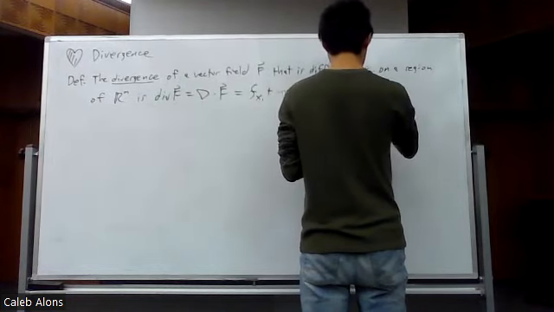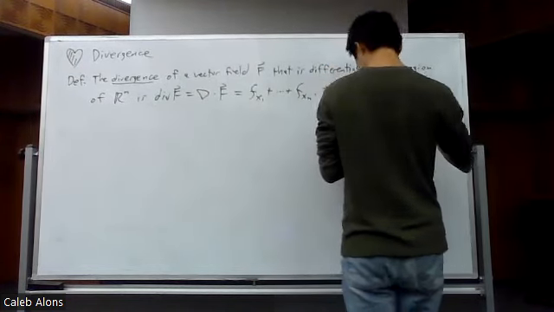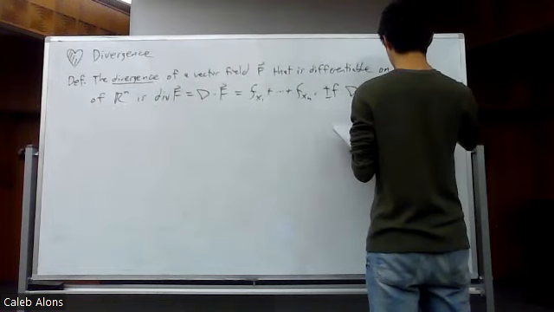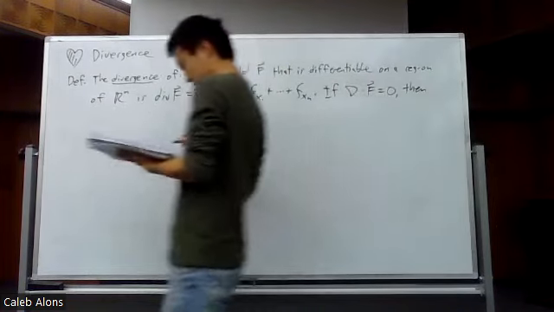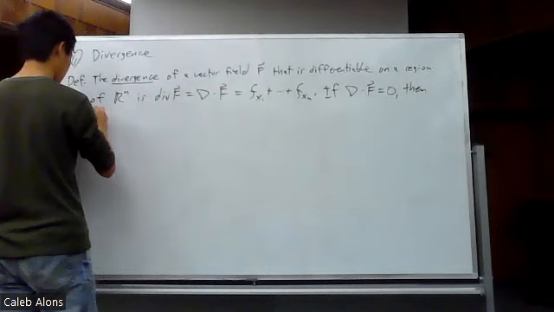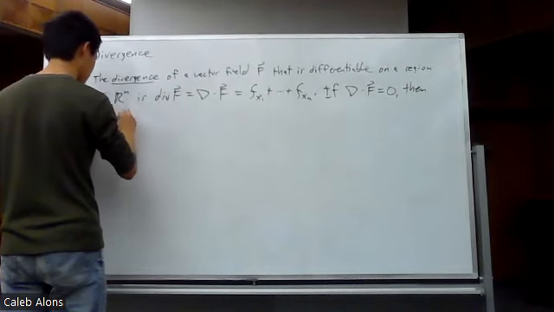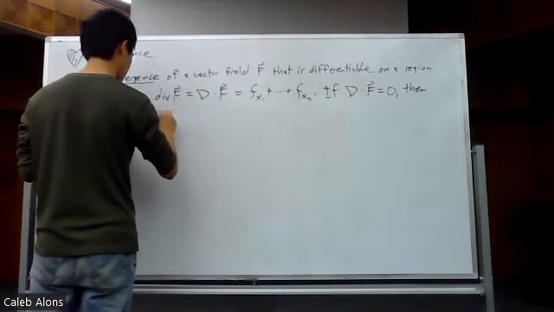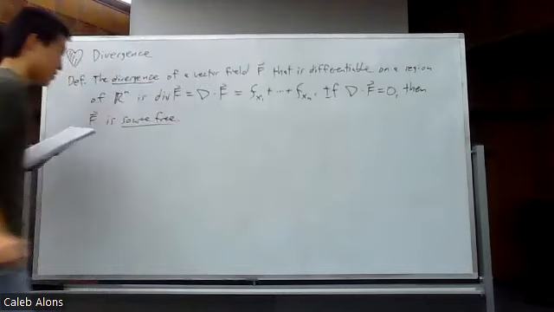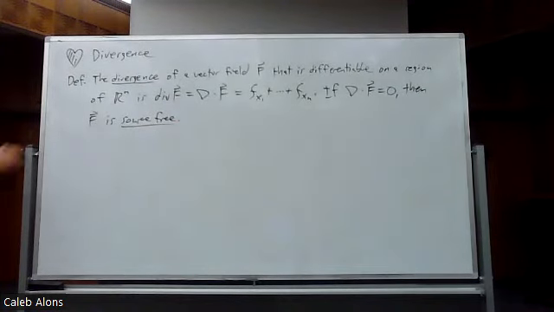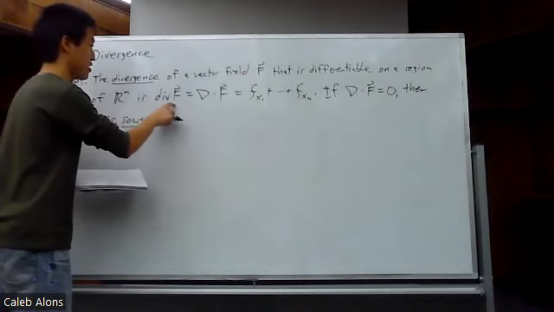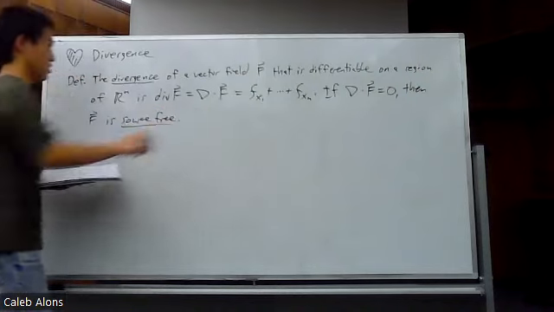And if the divergence is 0, then what we say is that the field is source free. F is source free. Is div short for differentiable? Divergence of f. But you won't really see div f much. Most textbooks will just use the del dot